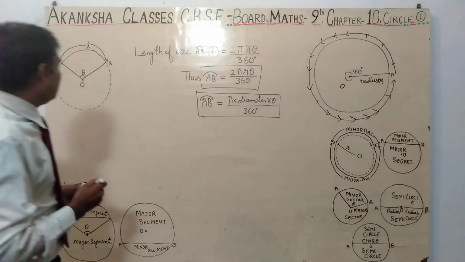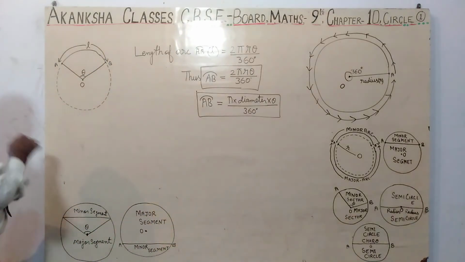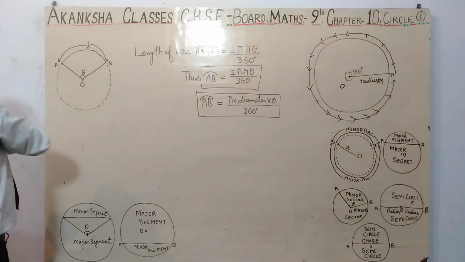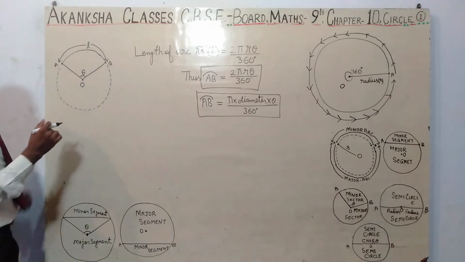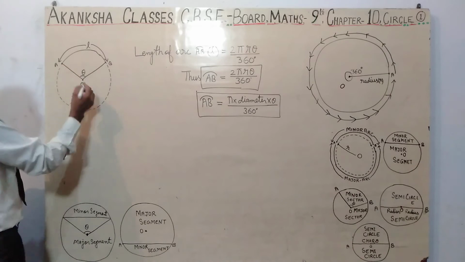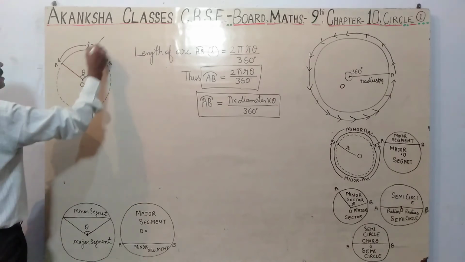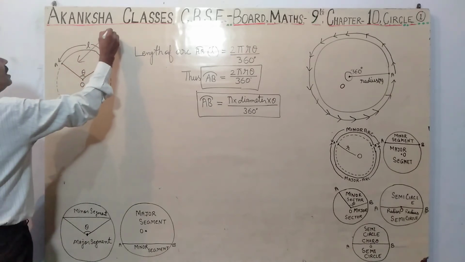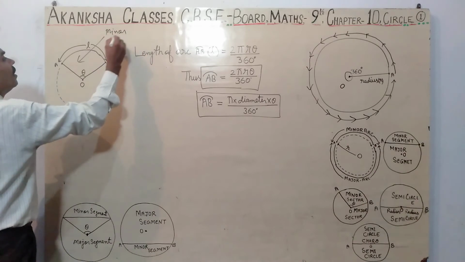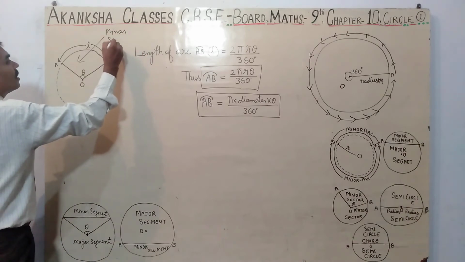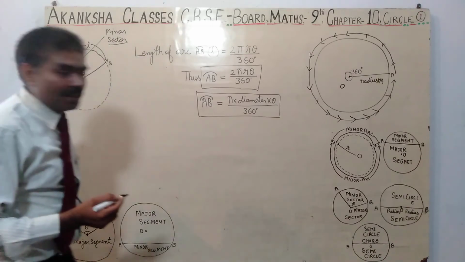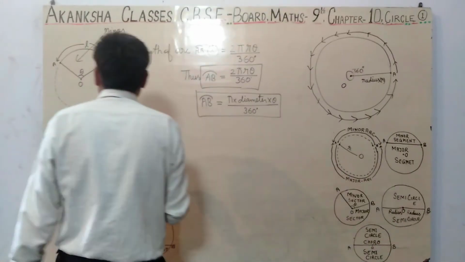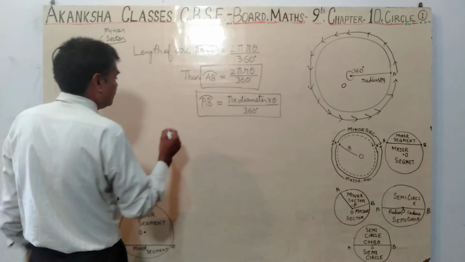Students, now think what we call this shape. Here the circle is divided by its radius. Hence this part is called a minor sector. Minor sector. Students, now we will try area